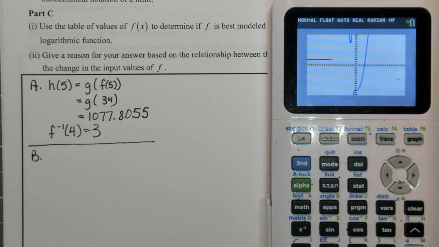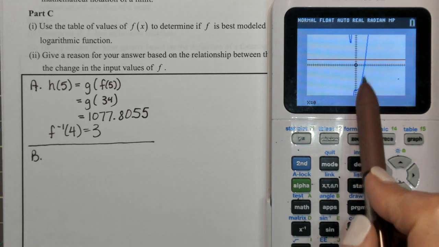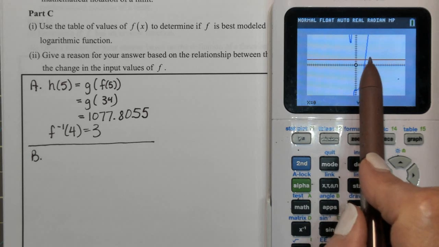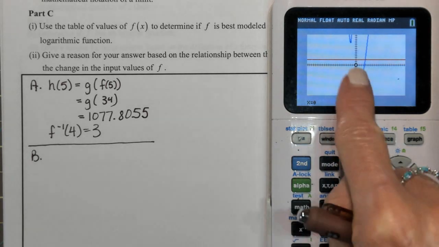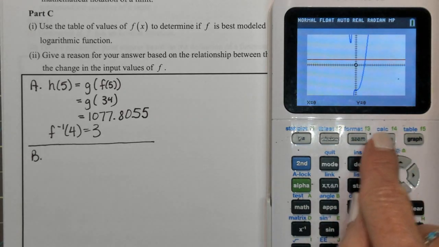Oh, there is something definitely more going on in the curve. However, it only hits 3 once right there. So I'm going to say, we're going to find the point of intersection, go to calc,